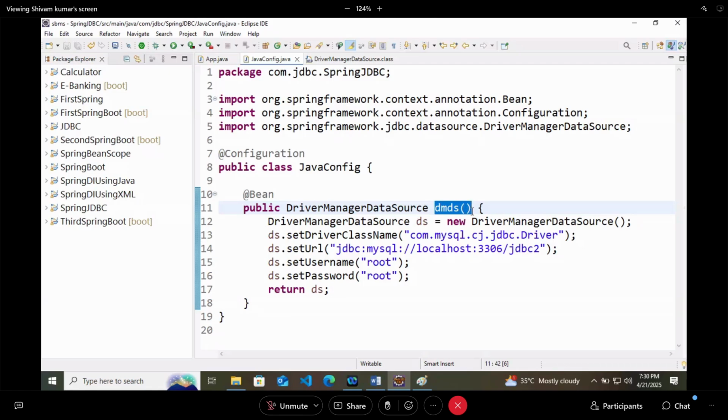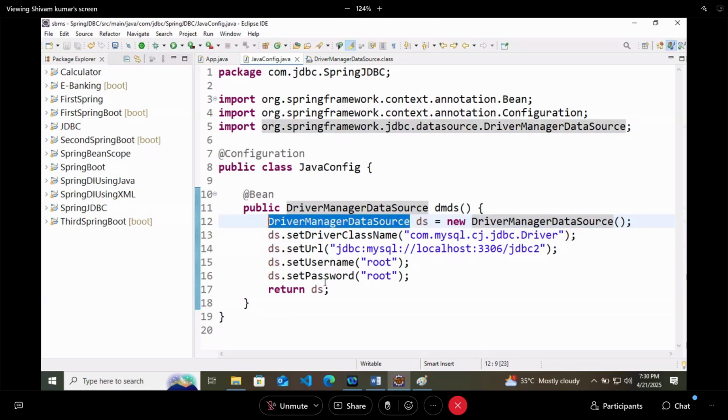I am creating the object of the class, setting the driver class name, which is the MySQL driver class name, setting the URL, the username, and the password. At last, this method is returning DS. DS is just the object of the same class, DriverManagerDataSource.